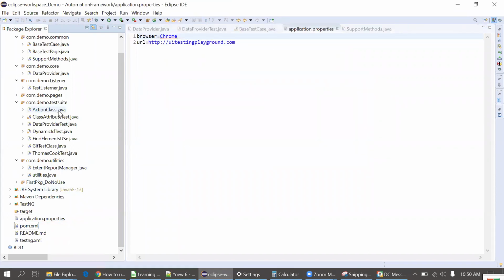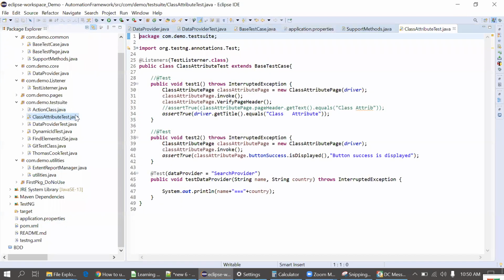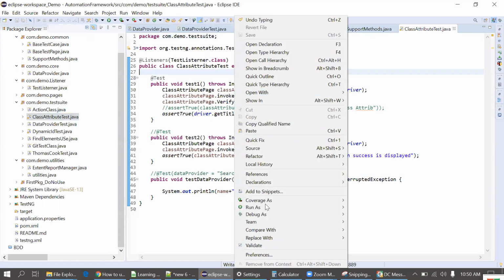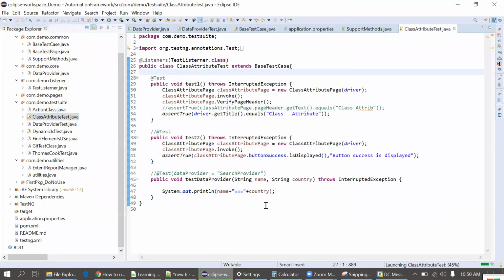Continue. We'll go to the one class now. I'll open this. Now this test case should execute for the Chrome browser. Right click, run as TestNG test.